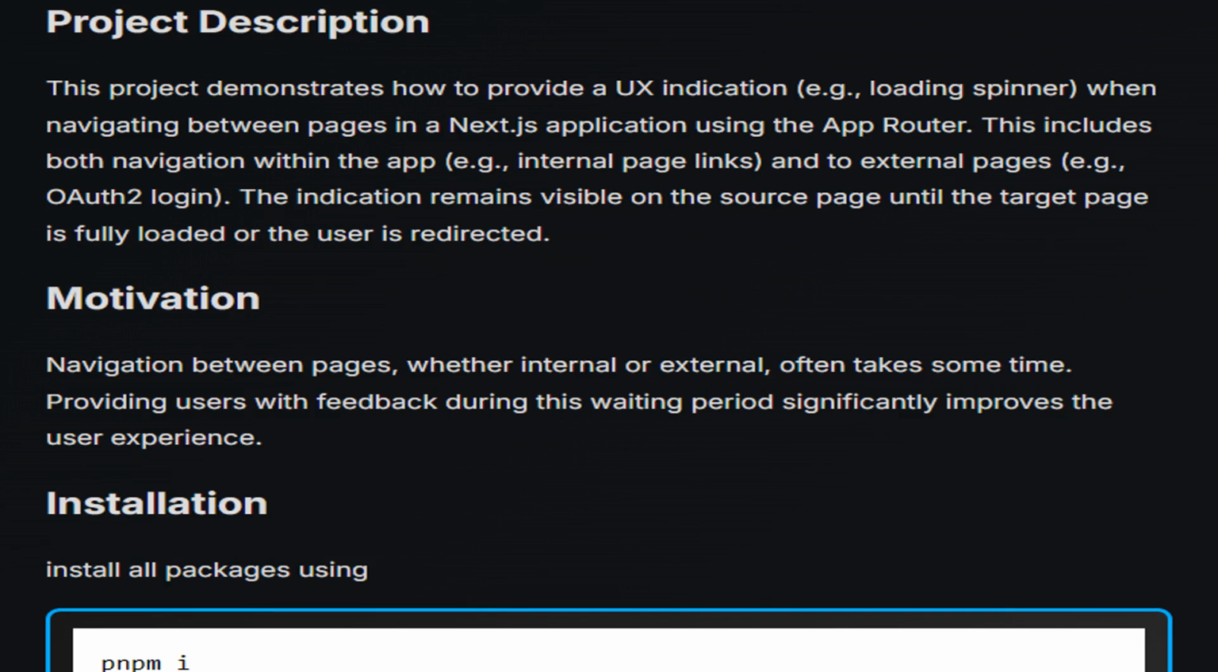This blog post outlines a project that showcases how to implement a user experience feature, such as a loading spinner, in a Next.js application using the app router. It covers how to maintain this loading indication during both internal navigation within the app and when redirecting to external pages, like OAuth 2 logins, ensuring the spinner remains visible until the destination page is fully loaded or a redirect